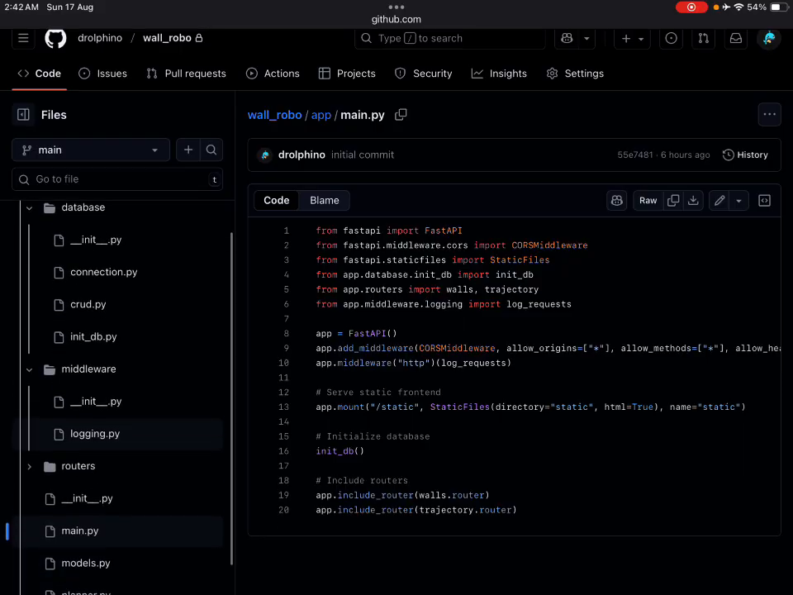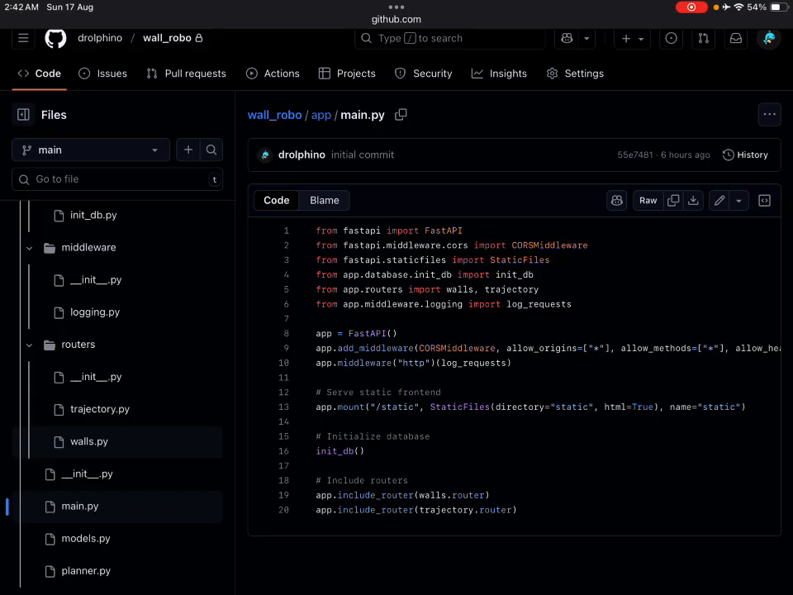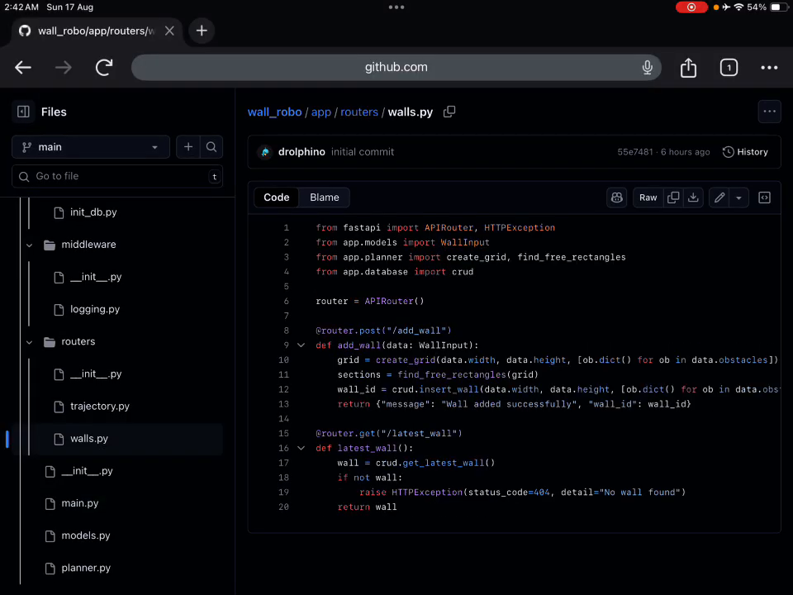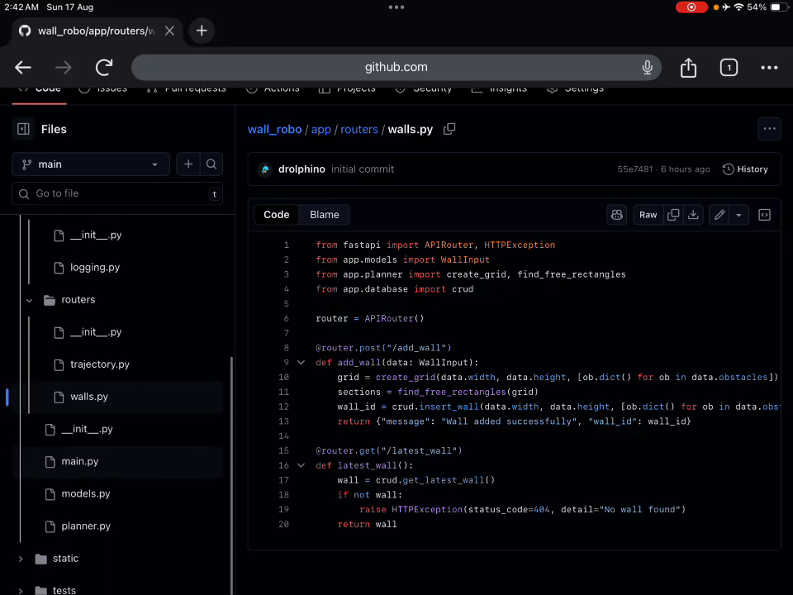So in the app folder, if we go into the routers here, you will see we have two routers. Let's first see the walls router, walls.py. Yeah. So in this, we have two routes, one post route to add a wall and one get route to get the latest wall details. So let's see what this add wall post route will do. So in this, this function is taking data as a type WallInput. So where this WallInput type is coming from, we have defined it somewhere, see in the app folder,